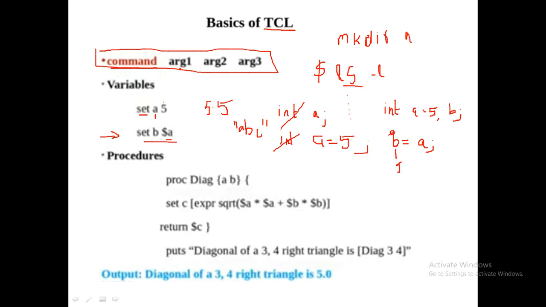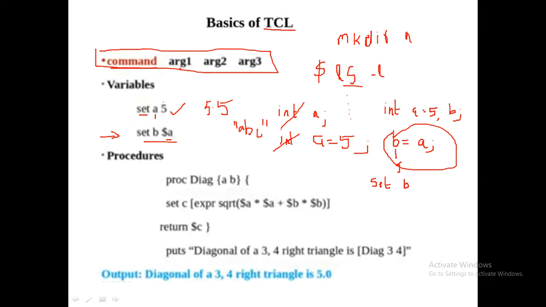Now the same thing in TCL we use like this. You tell set, right? This is the command, space, argument. Now I am taking a new variable b, I give one space, argument 2. Now I want to put the content of a. In a, 5 is already there.